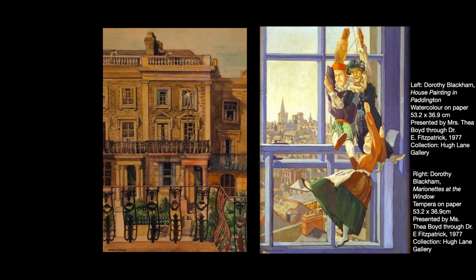So she just, as I mentioned before, seems to have a very good facility with her use of color. And I think that both of these are a really great example of that in terms of the vibrancy of the colors used in the costumes of the marionettes in Marionettes at the Window, as well as the painting of the window itself, and even these subtle sort of lavender and orange colored shadows that we see around the cityscape that we're looking at through the view of the window that the marionettes are in front of,